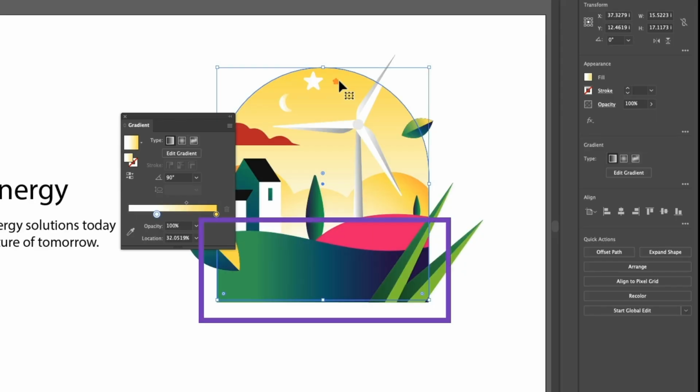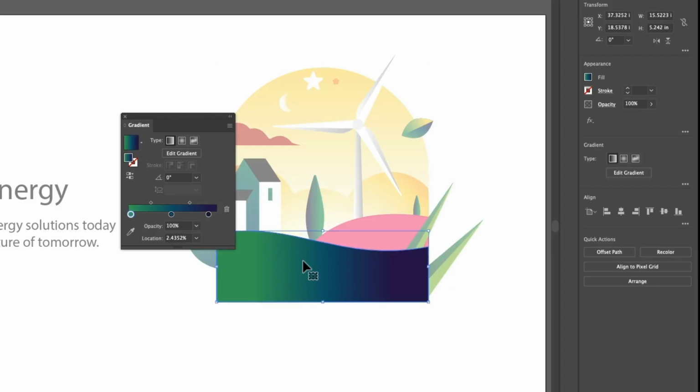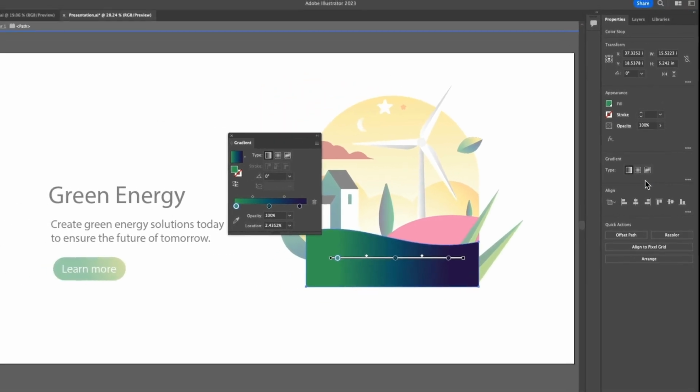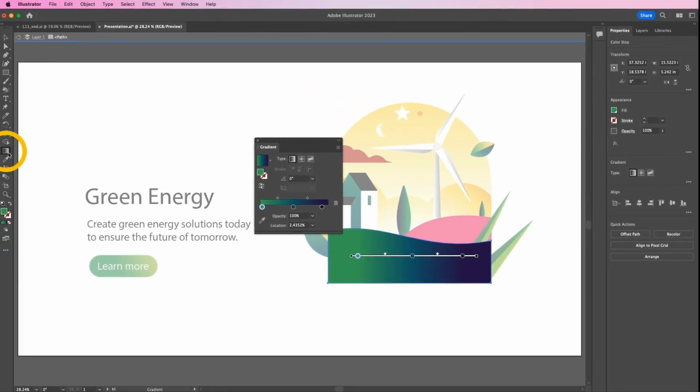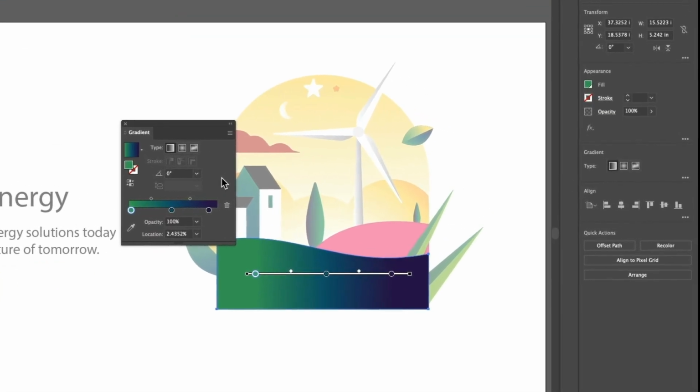And then double-click the dark rolling hill shape here to isolate it. Click the Edit Gradient button here. That'll actually select the gradient tool over here in the toolbar, and it'll open the panel if it's not open. Starting above the top of the shape here, we're going to redraw the direction